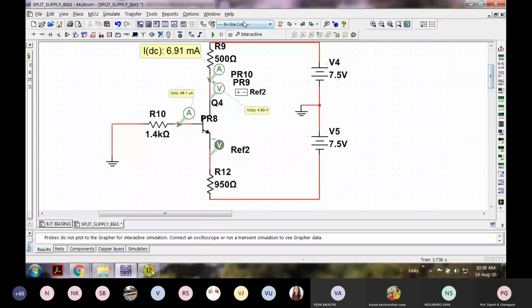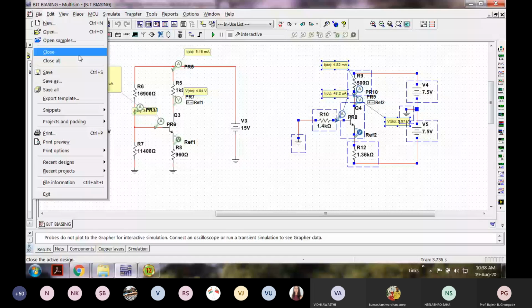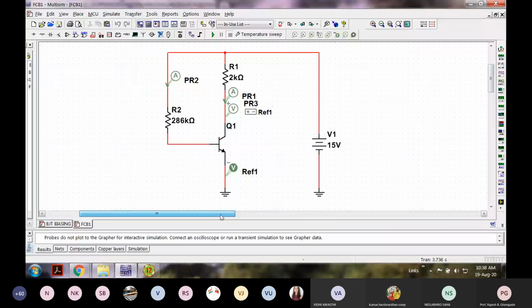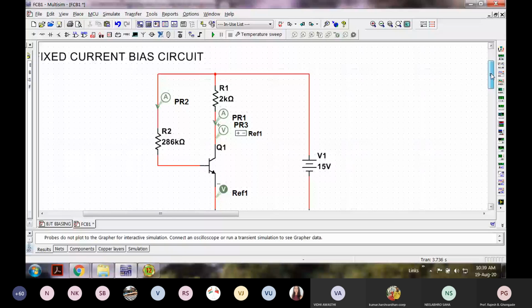Ideally, I'll take an example of the fixed current bias. I'm supposed to show the result of simulation. For beta equal to 100, first of all, write the title, your name and your roll number on the same sheet, using the text tool.